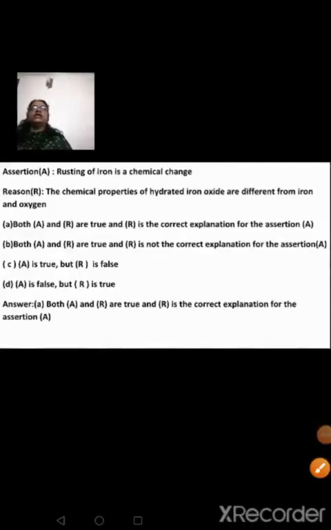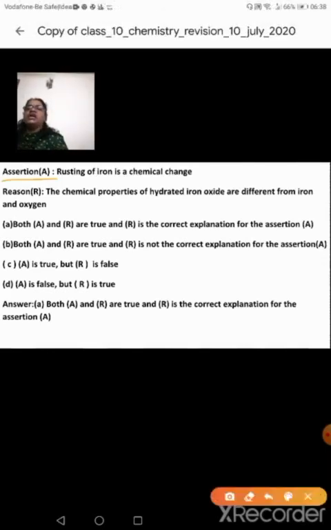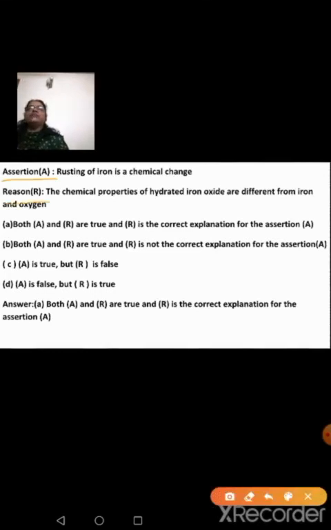I'll discuss an important question which is quite common in your board exam, which was introduced from last year's board exam, that is, the assertion and reason type of question. It's a very simple question; in that, two statements will be given. One will be marked as assertion. I've shown here, see, assertion A and reason R. Okay, so two statements will be given and four options are given, like both A and R are true.